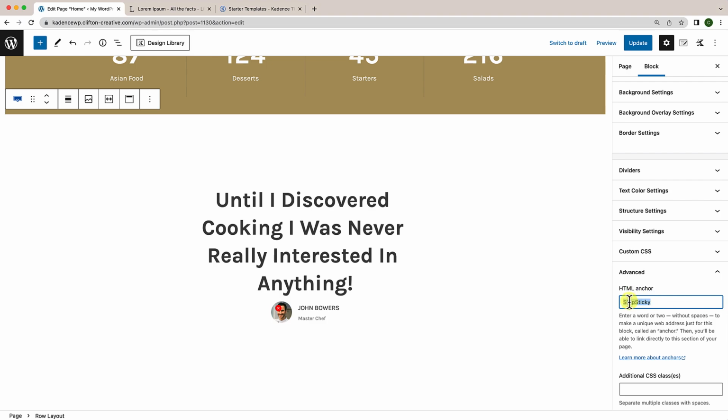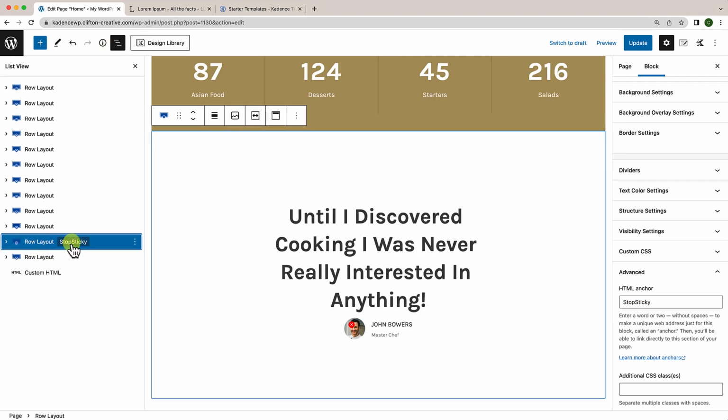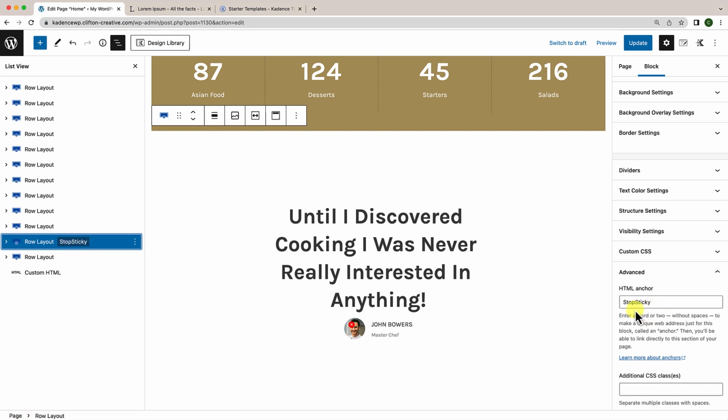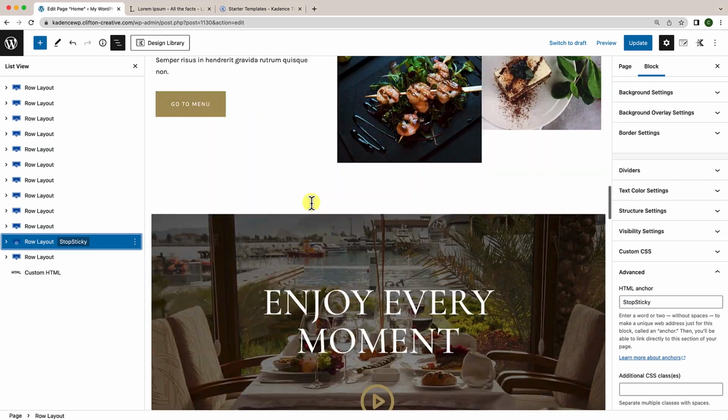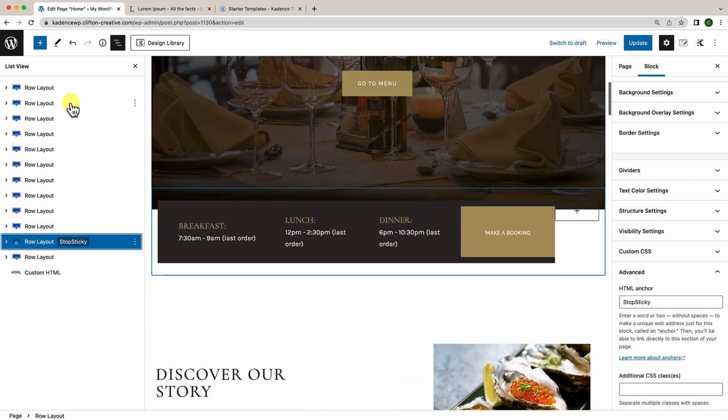And if you ever want to find this, when you put in an anchor over here, if you open up List View, you'll see it right there next to the row. So it's very easy to find. So Stop Sticky is going to be our anchor. Okay. And now that we've done that, we're going to go to our sticky row, which is the second row